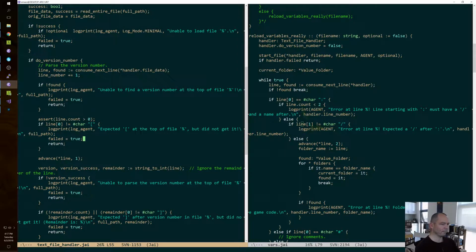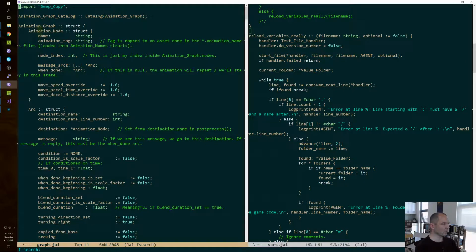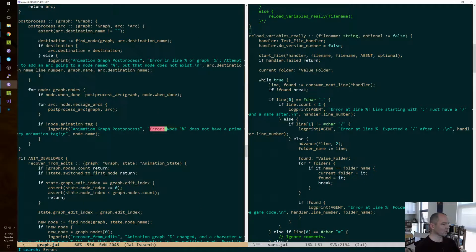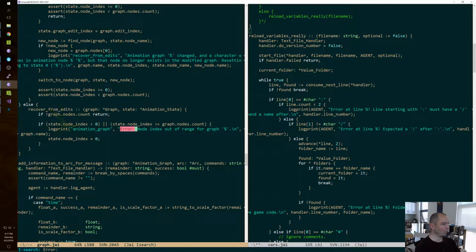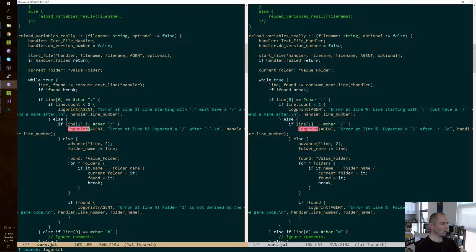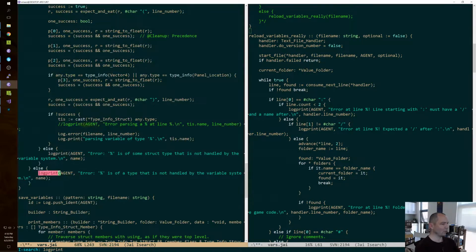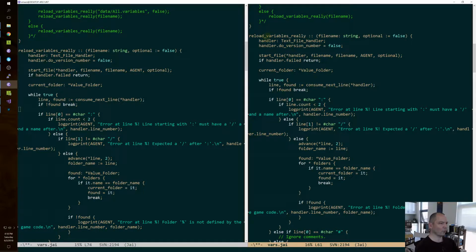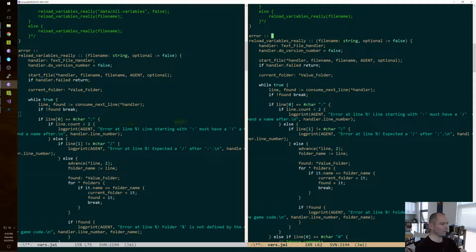I want to say, wait. I swear we did this at some point. Okay, I'm going to make a local routine. How many log prints do we have? Enough. Okay, error, colon, handler, file handler,